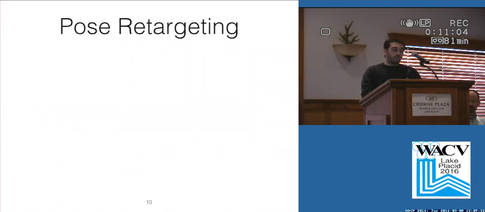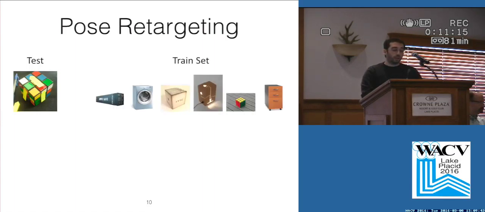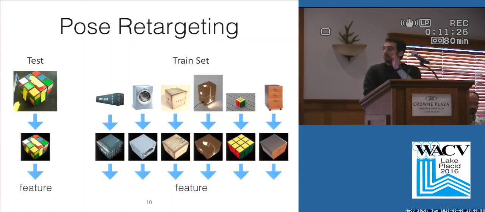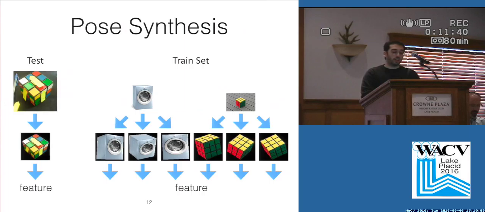So an alternative representation we have shown is pose retargeting. The basic idea is that instead of warping the test image to a canonical pose, we warp all of our training set to the pose of the test image. So here the test image is on the left, and then you can see all the training images are warped, and then we extract features and do whatever we want to do on these features. And still this suffers from inaccurate pose estimation at test time,